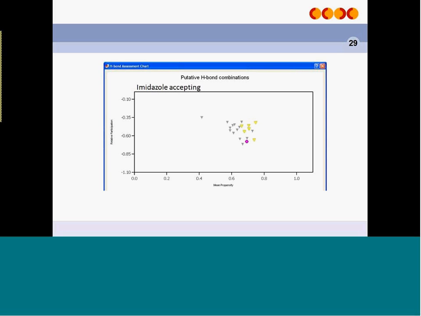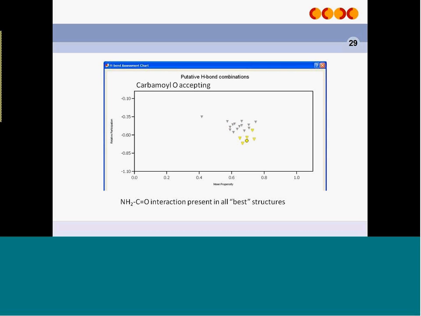So just very quickly for temozolomide, you can see that I've clicked on where the imidazole is accepting for these points. This is where the carbonyl is accepting. It highlights the different points. And this is where the carbonyl oxygen is accepting. And so immediately you can see that carbonyl oxygen interaction, that dimer interaction, is present in all of the best structures that we've predicted. And so that can give you another clue about perhaps what is a stabilizing interaction in your system, and can provide you with